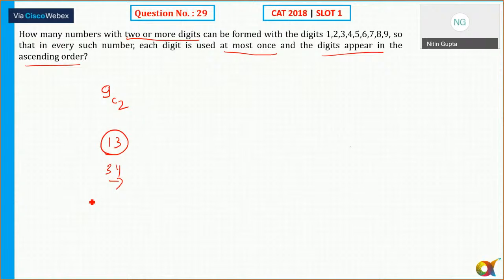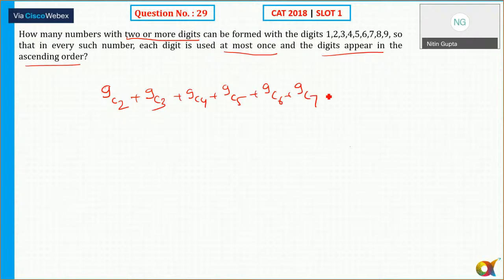And there will be exactly one 2-digit number. Let's say I'm picking 1 and 3, so 1 and 3 is one number, and 3 and 1, arrangement nahi karna hai. Why? Because they have to be in ascending order. So there is only one possible way here. Similarly, how many 3-digit numbers can be formed? Out of 9 numbers, select any 3 numbers, so that is 9C3. 4-digit number 9C4, 5-digit number 9C5, 6-digit 9C6, 7-digit 9C7, 8-digit 9C8,